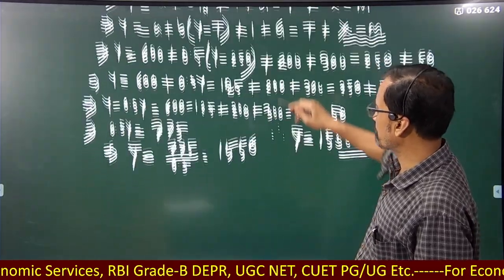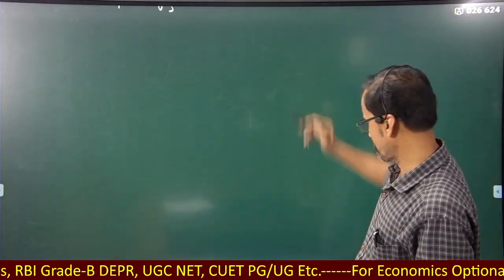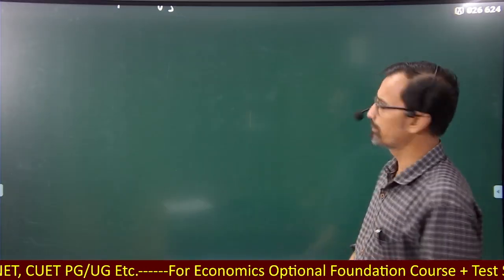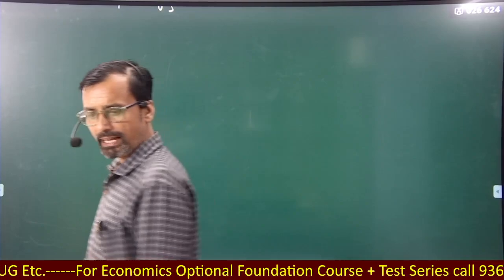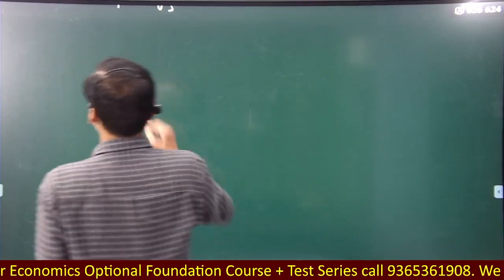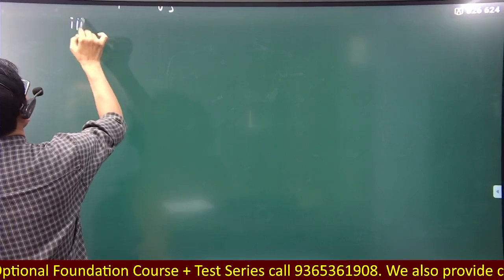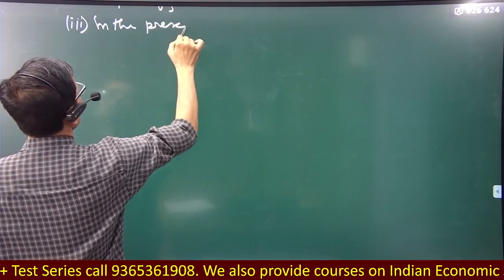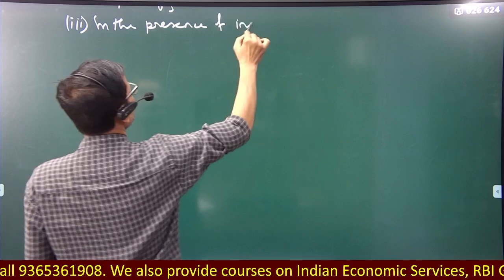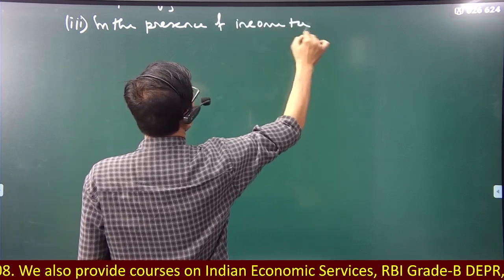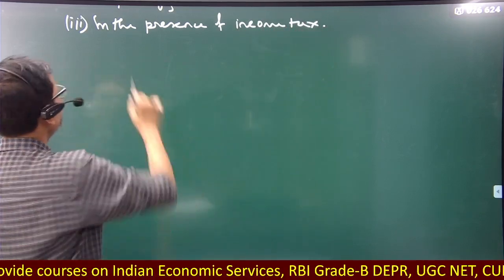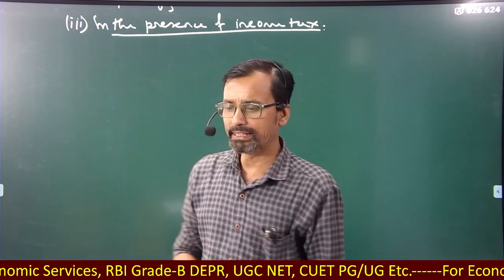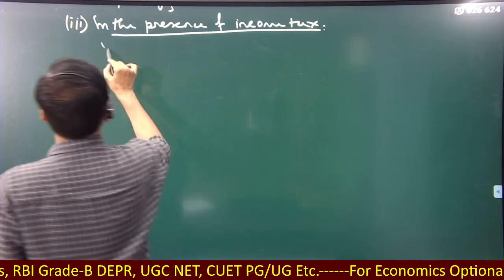Next part of the question, with considering tax. With considering the tax, what will be the equilibrium level of income? In the absence of income tax, in the presence of income tax, what will be the equilibrium level of income? After considering income tax, that is again the income identity,